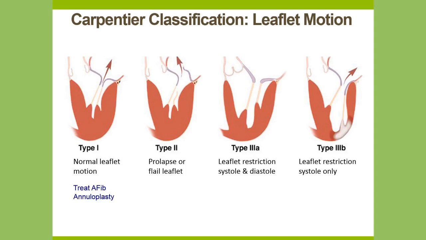You may be able to treat the AFib, and the MR may go away or get better, or you may need to do an annuloplasty ring. Type 2, you wouldn't want to do an annuloplasty if the leaflet is flail, not going to fix it. So here you want to repair the valve. And this is important. You do not want to replace the valve. It's a contraindication to replace these valves. They should be repaired. You'll see why in a minute.